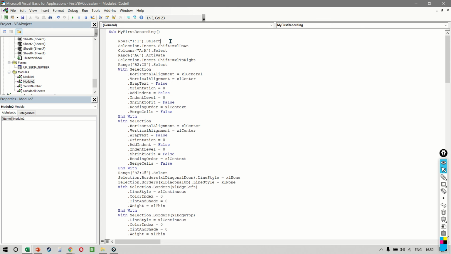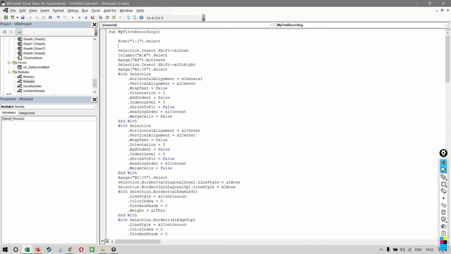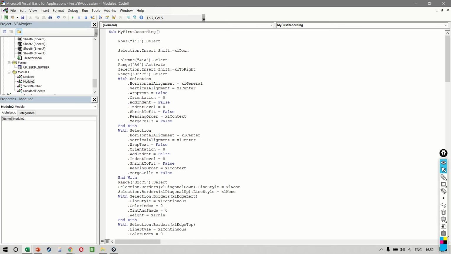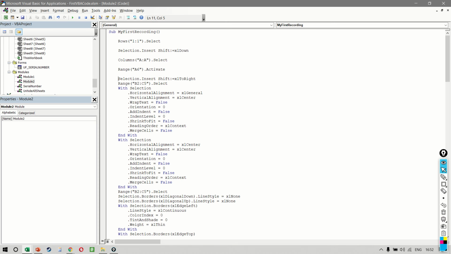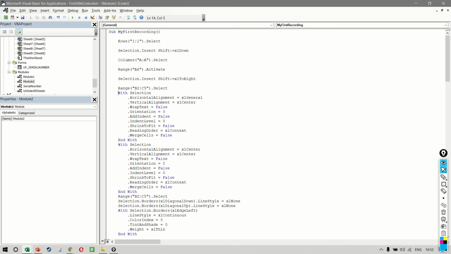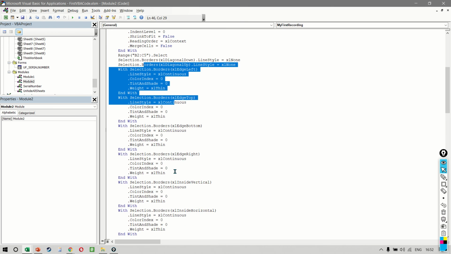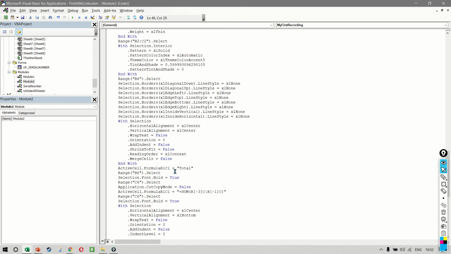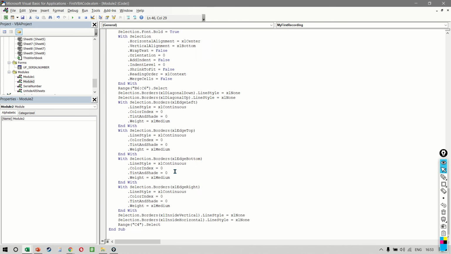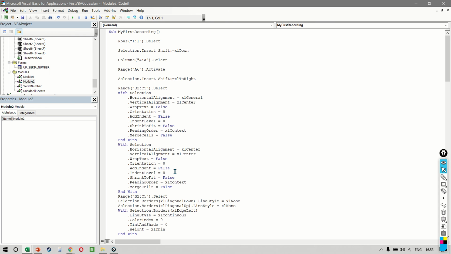But if you really want to understand it, you can break it down into different steps and you can see that first we selected row number 1, we added a row, then we selected column number A, we added, and then we selected a range which is B2 to C5, and then again you notice we are adding an alignment, then we're adding a border, and so on and so forth. So like I said, you don't need to worry about the lines of codes because in any case you were the one who performed the action. So even if the line of code runs into thousands, that should not bother you.